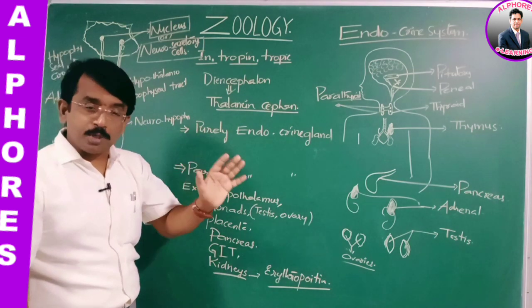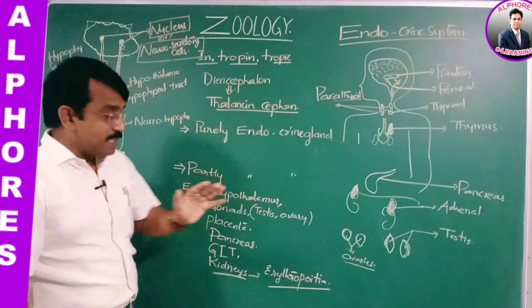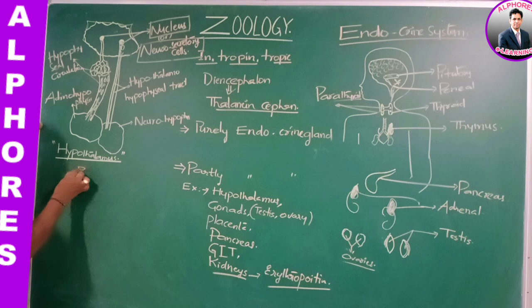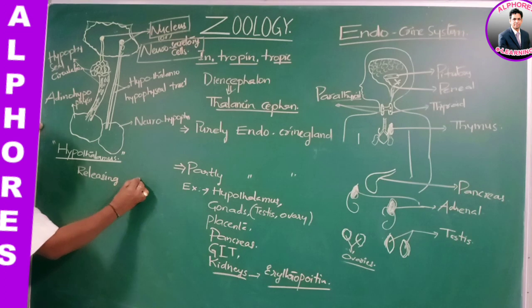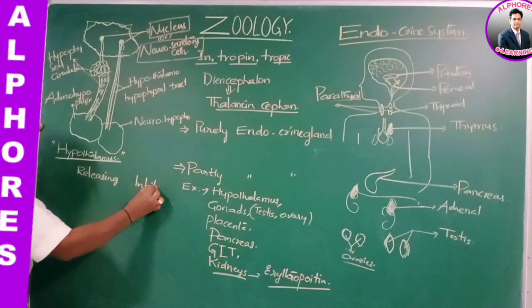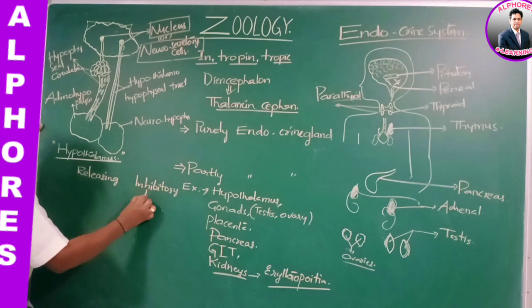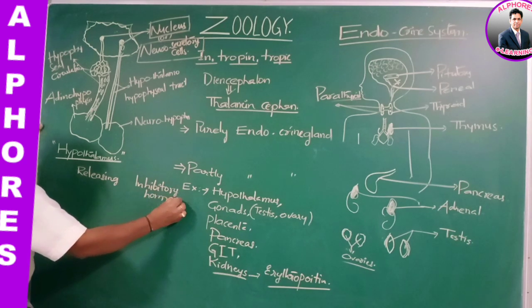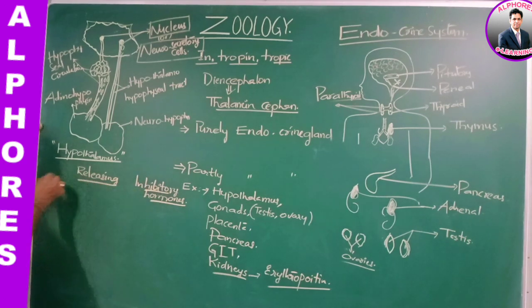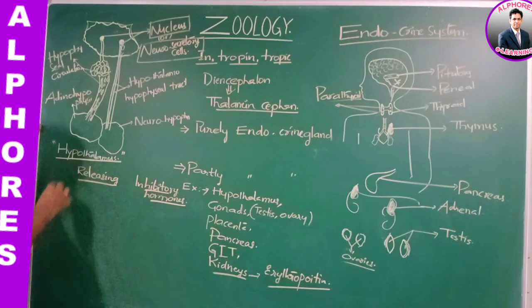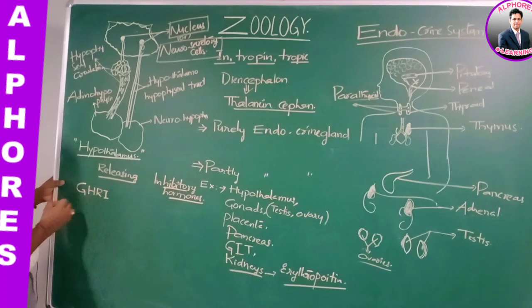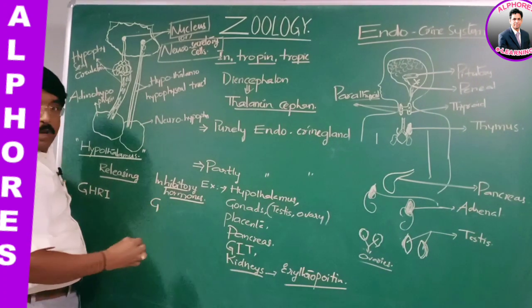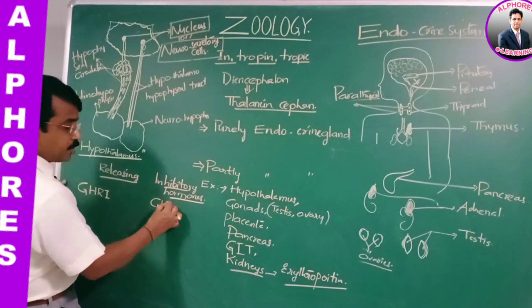neurotransmitters, that is, chemical messengers, hormones. These are releasing hormones and inhibitory hormones. I repeat, they are releasing hormones and inhibitory hormones. I will list them out: growth hormone releasing hormone, growth hormone inhibitory hormone,